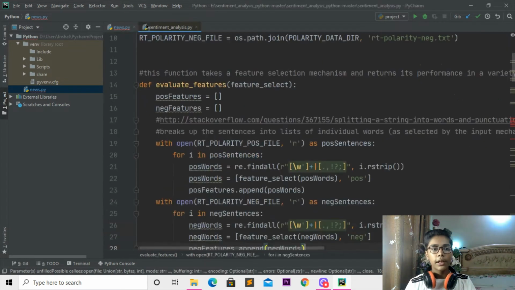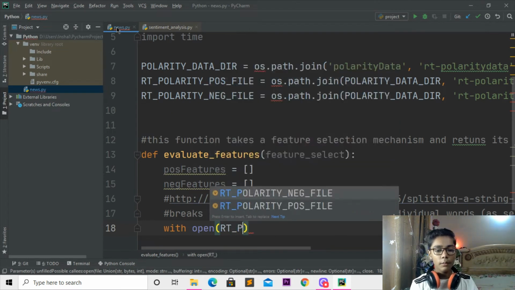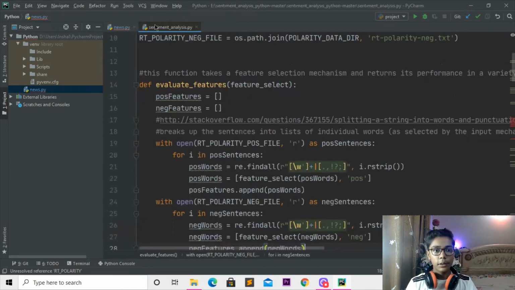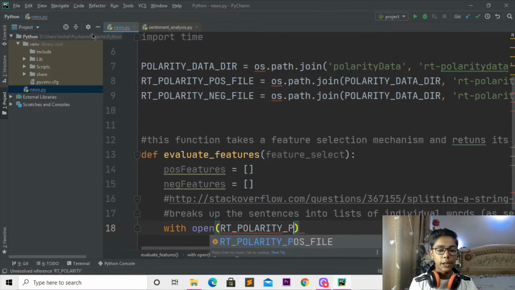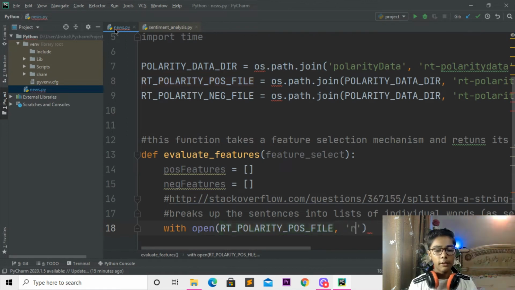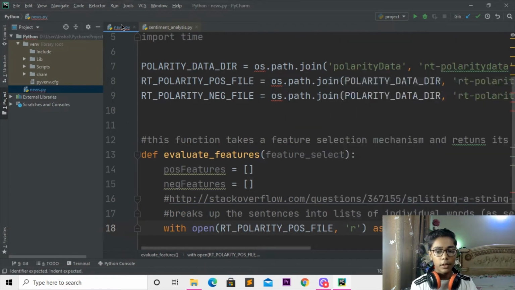When you've done with that, you have to move here and write RT polarity. So just write that here again. Now you have to just come here, you can see that it is written POS file. Now when you've done with that, here you have to write a comma, and in one string you have to write R, move forward, then write POS